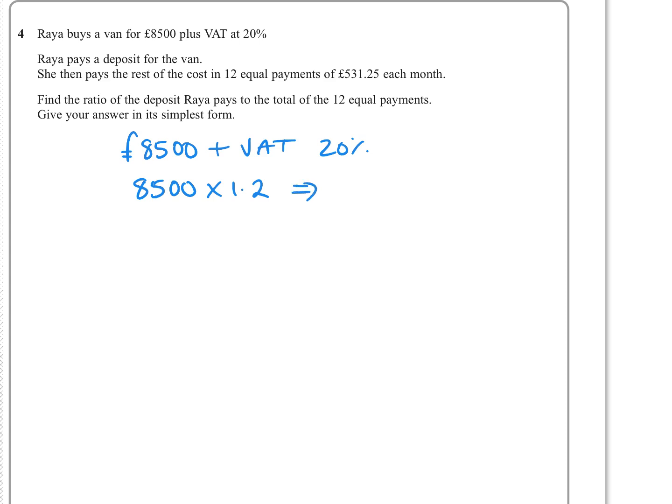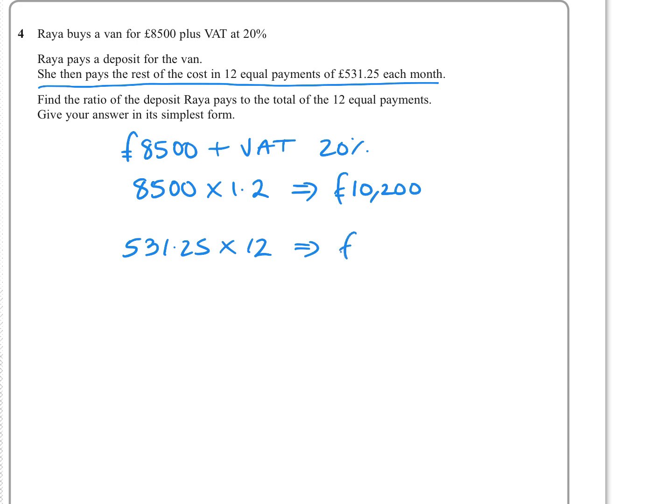And on the calculator, which I'll just do now, that's 8,500 times 1.2, and that's £10,200. Then she pays the rest of the cost in 12 equal payments. So we've got £531.25 times 12. So 531.25 times 12 is